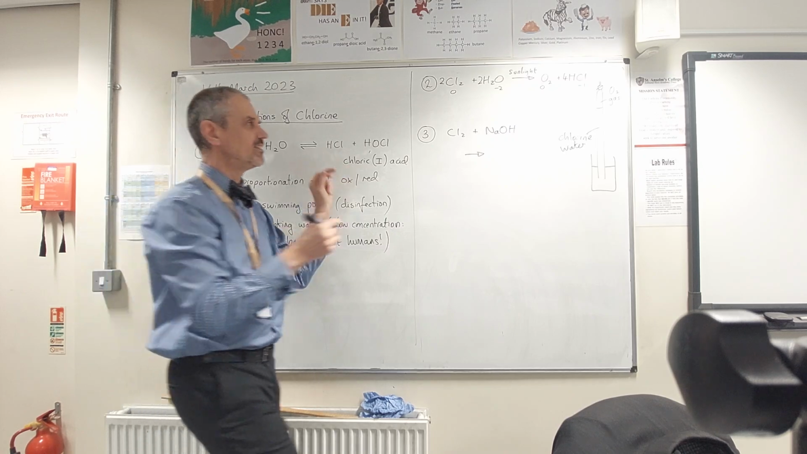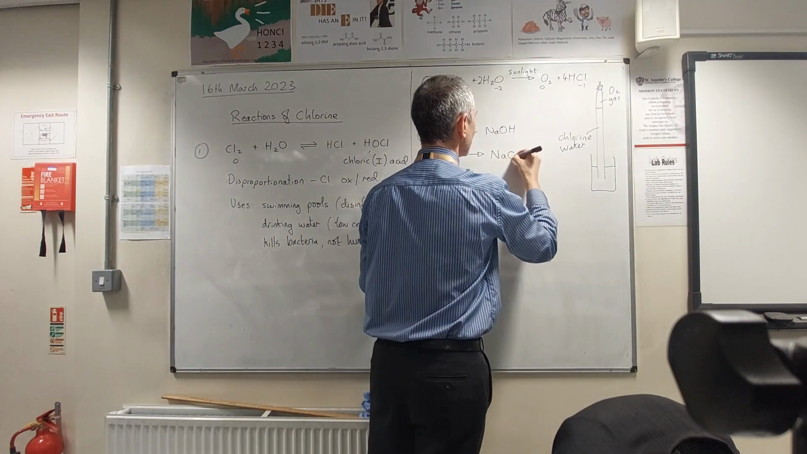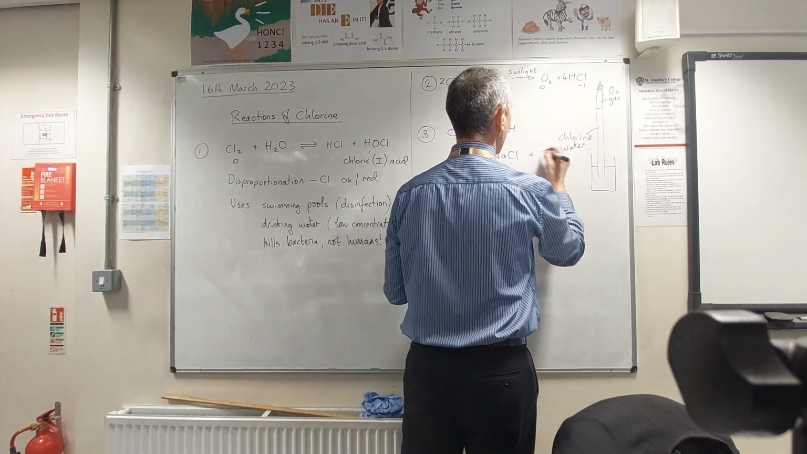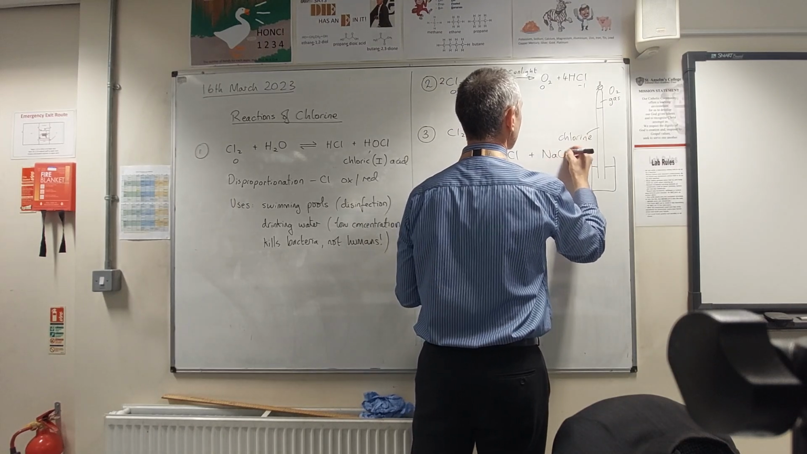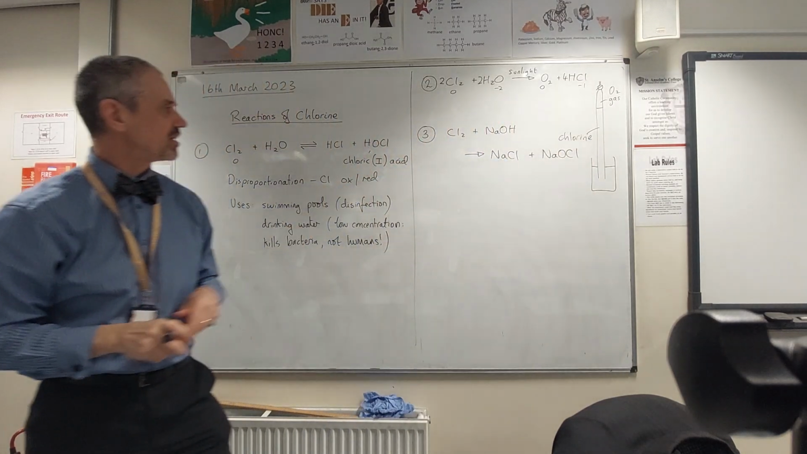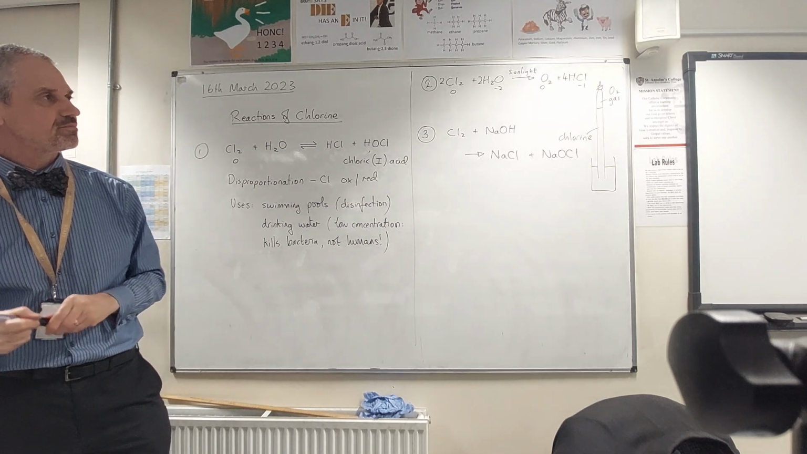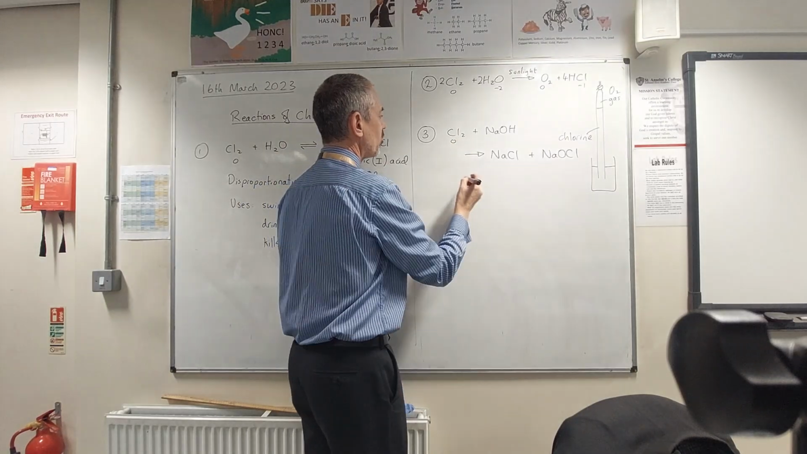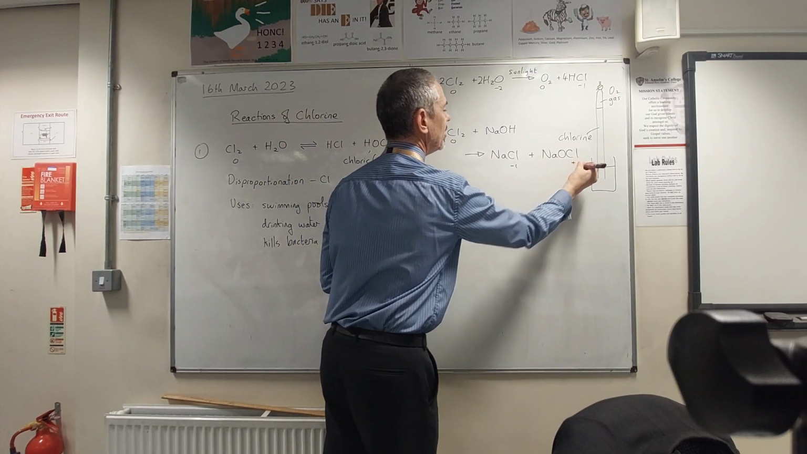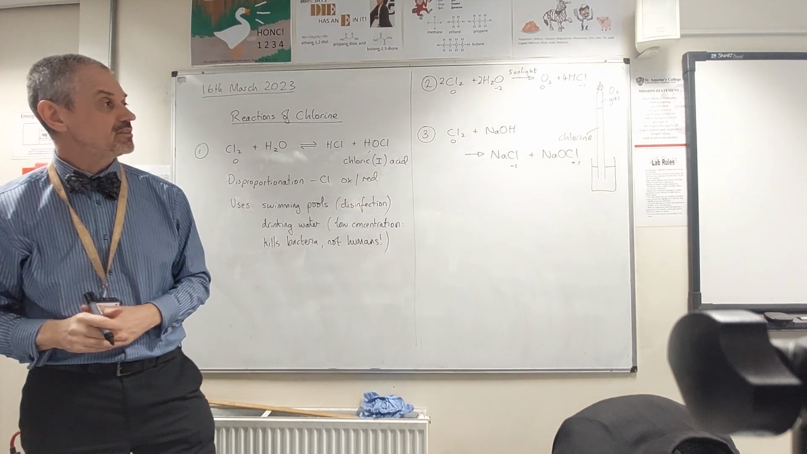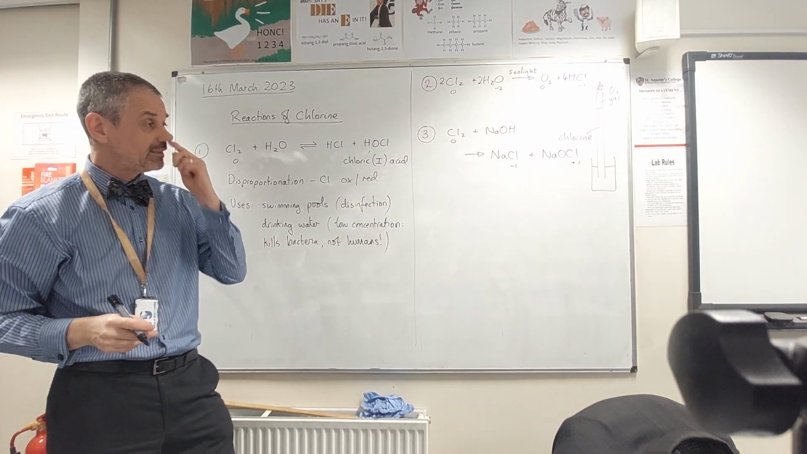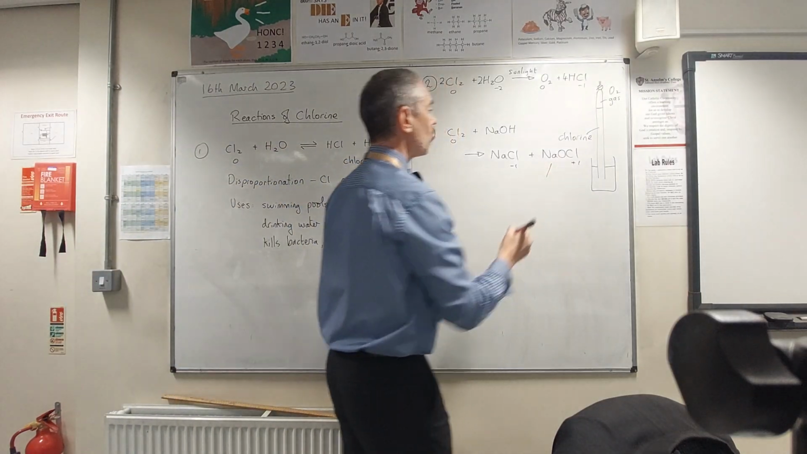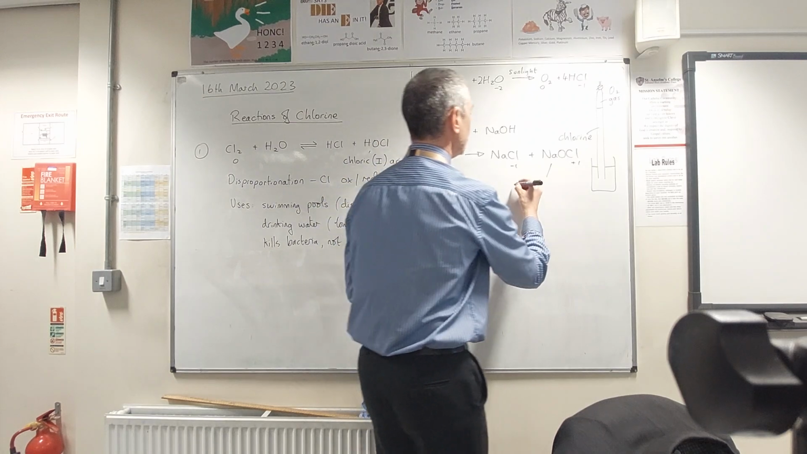Sodium chloride. So we get sodium chloride instead of hydrochloric acid, and then we get NaOCl, similar to HOCl. So again, a disproportionation reaction. Chlorine's gone from 0 to -1 and +1. NaCl, you know, is sodium chloride. NaOCl,